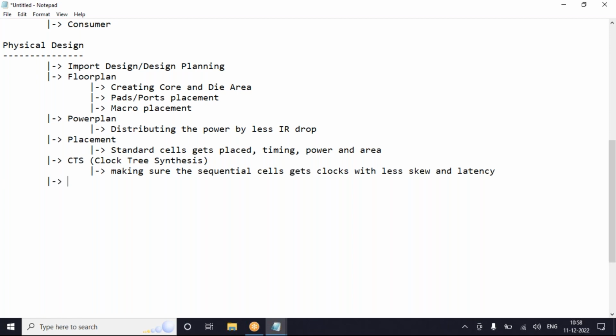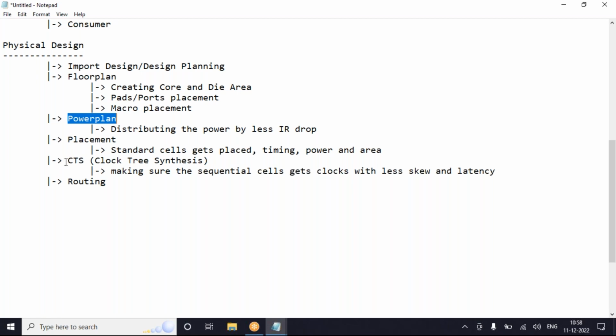Now, after that, routing. Okay, so we have 3 types of signals: one is clock, power, and your data. So in the power plan stage, we make sure the power is connected. That means the power connections are made.